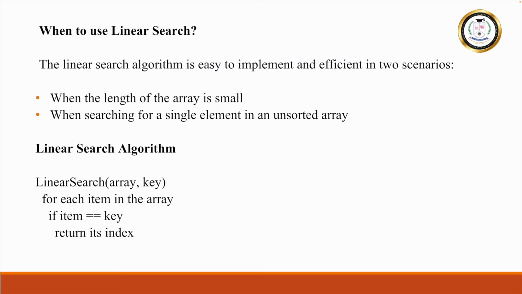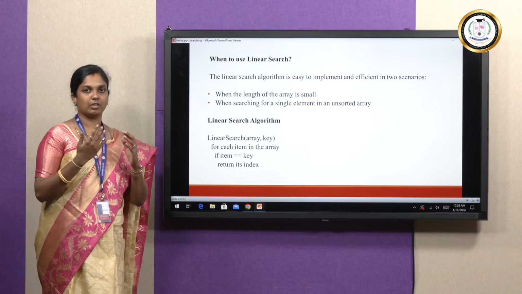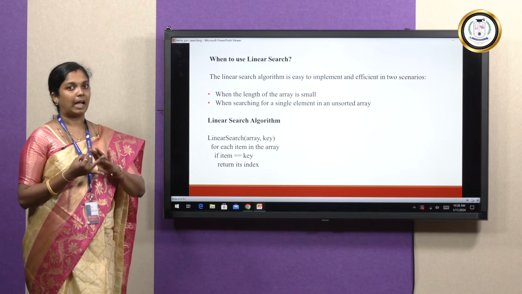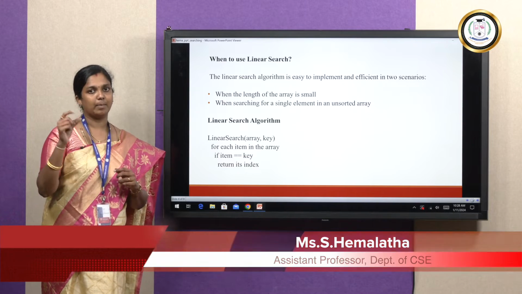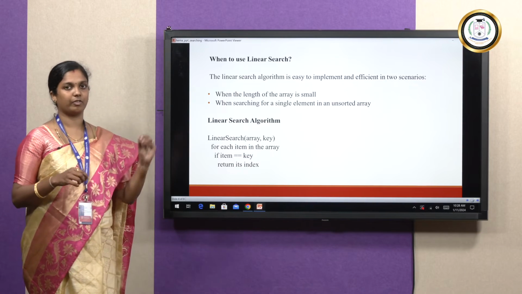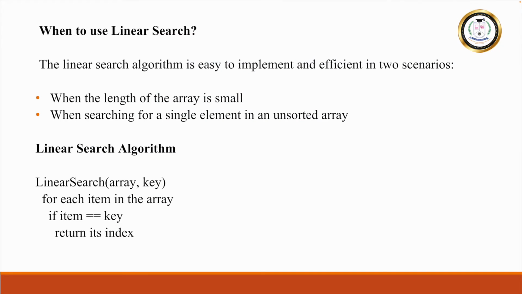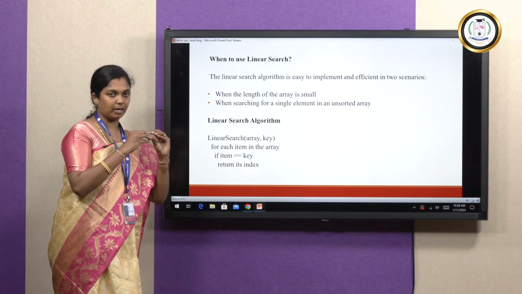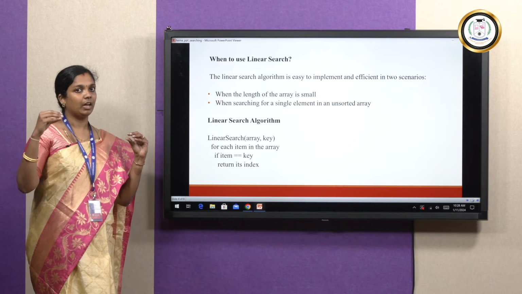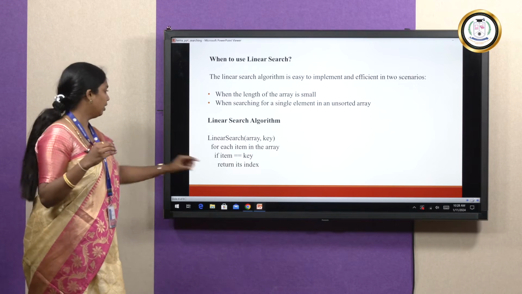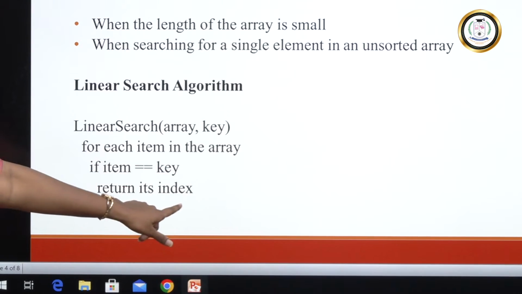This is the algorithm for linear search. What is necessary for the algorithm? You need the array name, the number of elements in the array and the key element, that is the element that has to be searched. These are the inputs for a linear search function. For every item in the array, we check if that item is equal to the key element, the target or desired element that we want to find. If it is found, then we return its index.